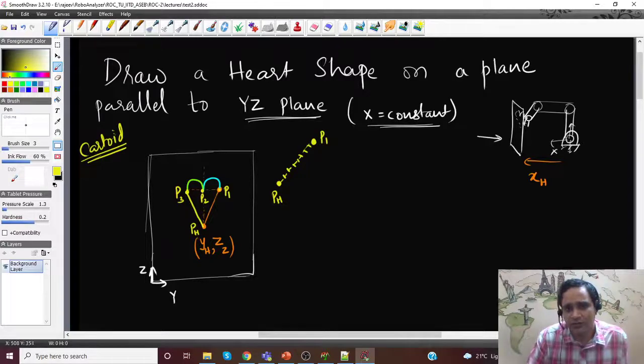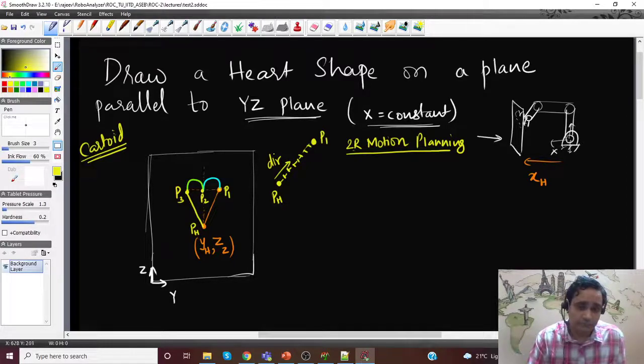If I know the direction of the vector and the coordinates of the starting point, using linear interpolation I will get it. This is already there in the 2R motion planning. How do we do it? We'll write the MATLAB code for this, please don't worry.